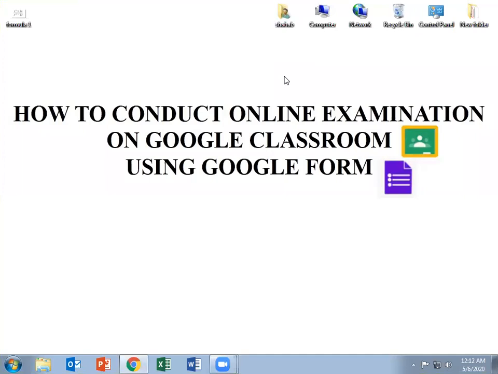We have to schedule our exam in the next step. We have to inform the students well before, and also on the date their exam will be conducted. We can copy the link, and we have to open the paper minimum 10 minutes before the scheduled time and give the link to the students so that they can give the exam, and not before those 10 minutes can we share the link. So let us see how we can schedule our exam. Open the Google